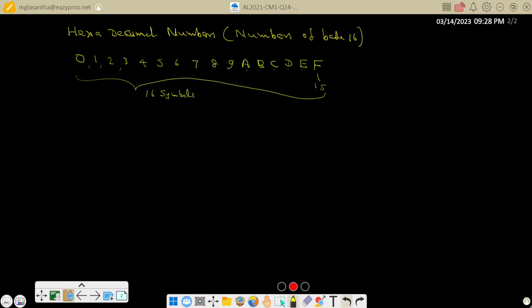Is it clear? Yes, sir. Here there are 16 symbols, but using these symbols you can write down numbers. For example, you can write down 0, 1, 2, 3, 4, 5, 6, 7, 8,